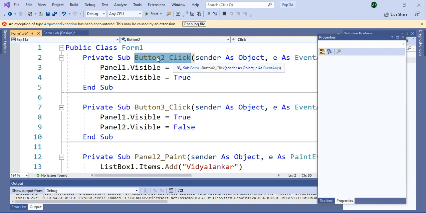When I click on the next button, it should open panel 2. Sorry, it should open panel 2, visible true. So it will open panel 2 and panel 1 will be false. Panel 1 will be disabled at that time when I click on the next button.